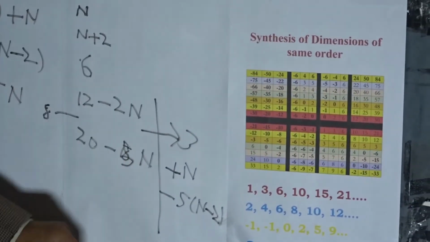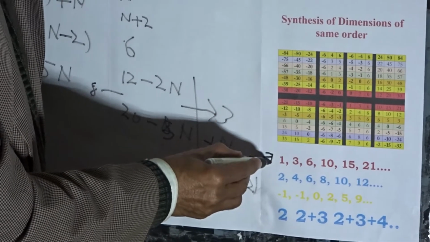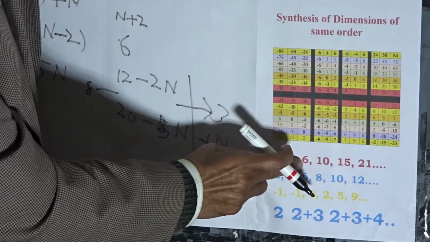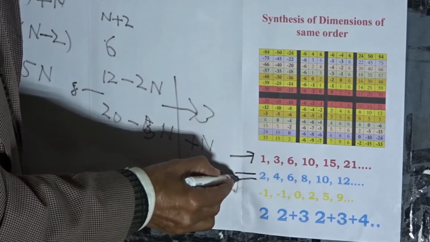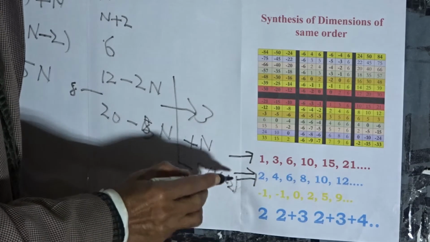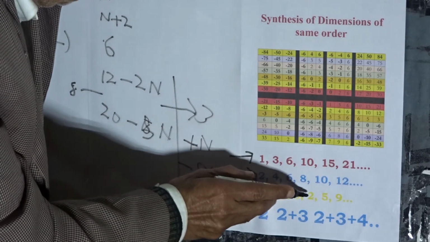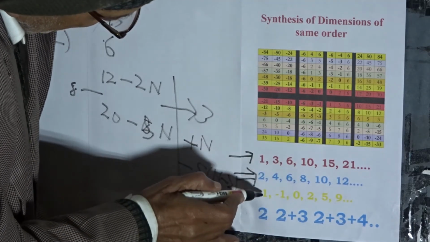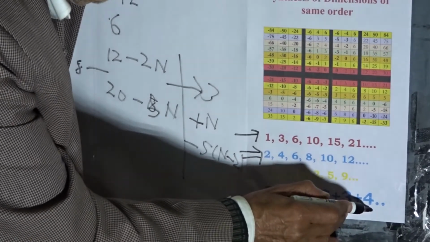Now here we see, if we are at a one space in the role of a dimension, then single value is 1, pair gives 3, triple gives 6, quadruple gives 10, and so on. If we are having a spatial dimension, 2 space in the role of a dimension, we are getting 2, 4, 6, 8, 10. See the difference value. Difference value is -1, 0, 2, 5, and 9. You see what this gives to be. It gives us a value 2. It gives 2 plus 3 is 5. 2, 3, 5 plus 4, like this.